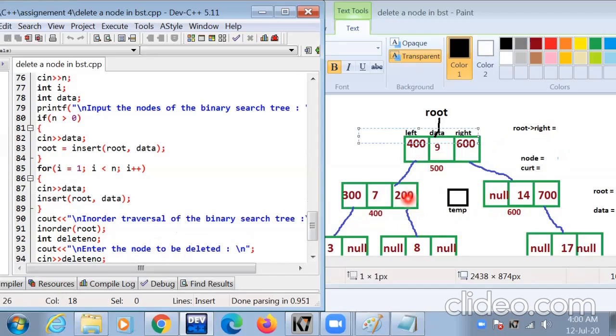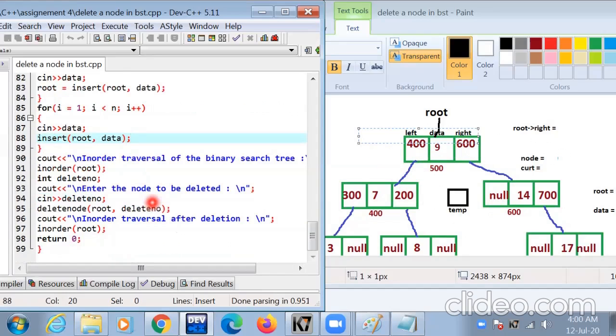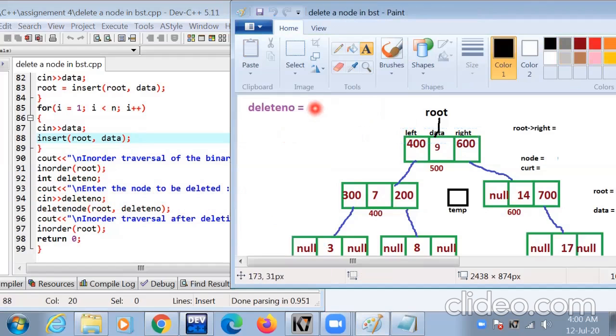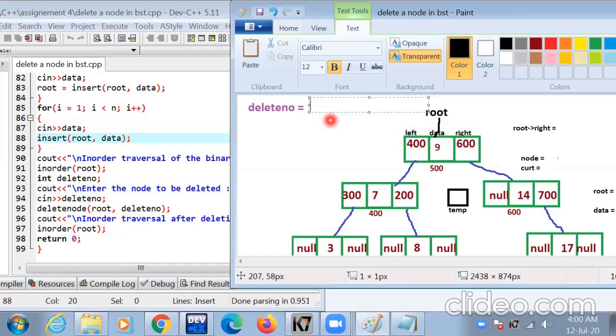We want to delete the number 9, so delete number is integer type. Enter the node to be deleted. We enter the value, delete number is 9, and then delete node root, delete number.